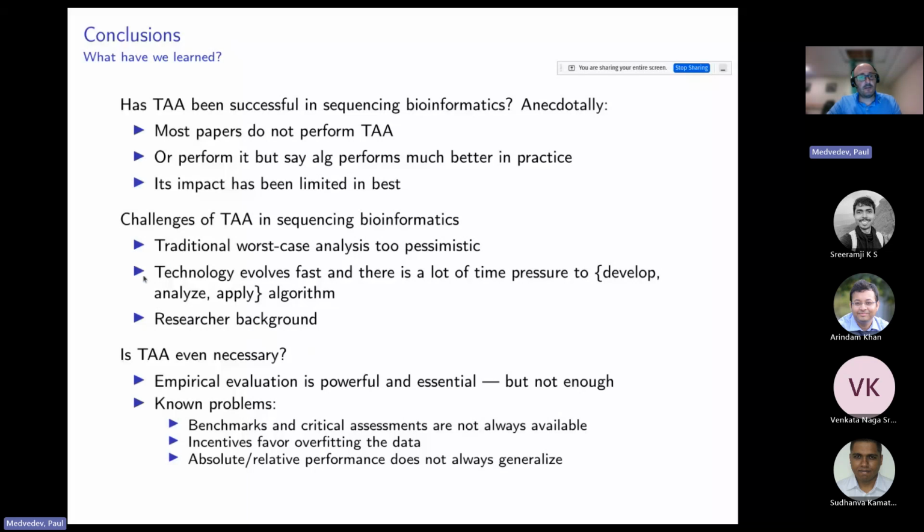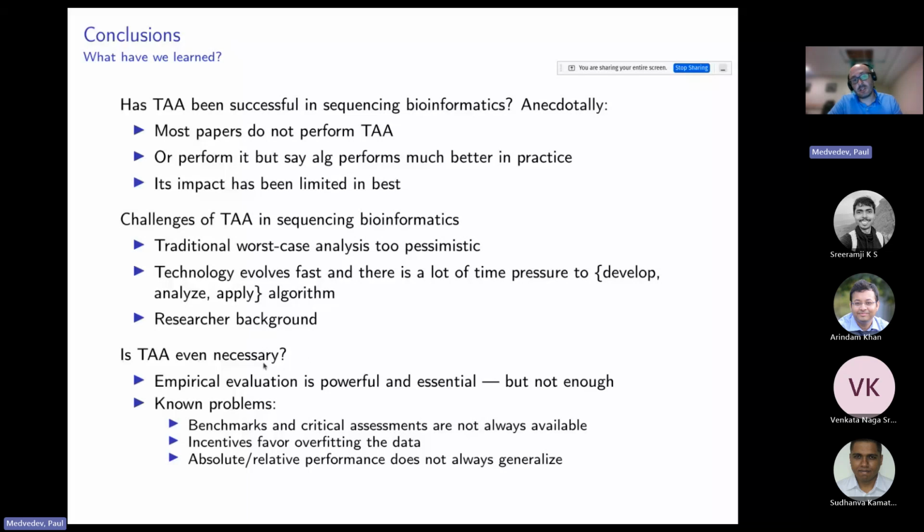And finally, the field itself evolves very quickly. The technology evolves very quickly. So you can't take months to work out an analysis of your algorithm and then go back to change it, to apply it. It really has to happen quickly. And as soon as you get something that works, you tend to be happy. There are some exceptions like edit distance or assembly. These are problems that are fundamental enough that people have had time to invest more deeply in them. But for a lot of other problems, you don't have that luxury.